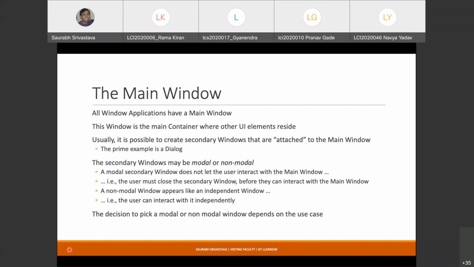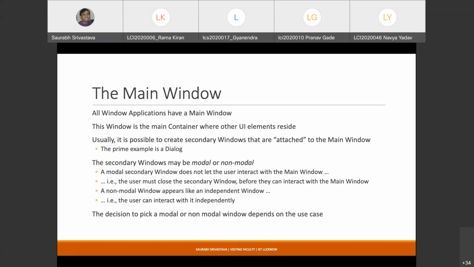And the non-modal windows are like independent windows. They are open, but you keep them separately. You can minimize them, maximize them. I'm not sure how many of you have used the help that used to come with the old Microsoft Word. That used to create a new window sometimes, a separate help window. I think Windows help also looked something like this.